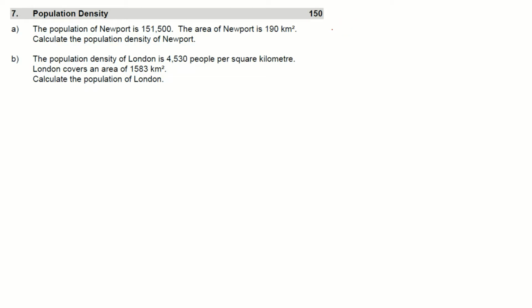Okay, welcome back. Population density just means how crowded an area is. The formula, I call it pop density for brevity. The population density, remember, is just the population of an area or a town or a city, for example, divided by the area the place takes up. And again, it looks like speed, distance, and time to me. So if you wanted to, you can do